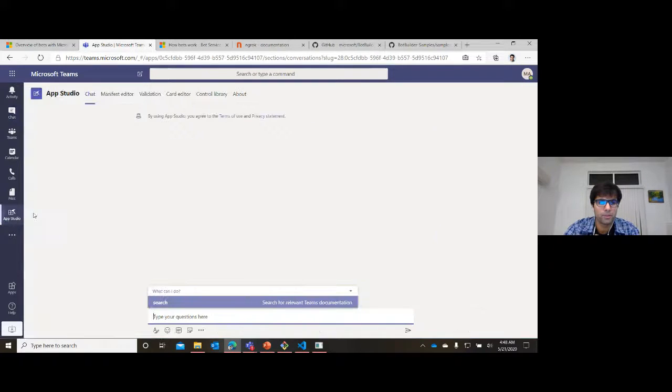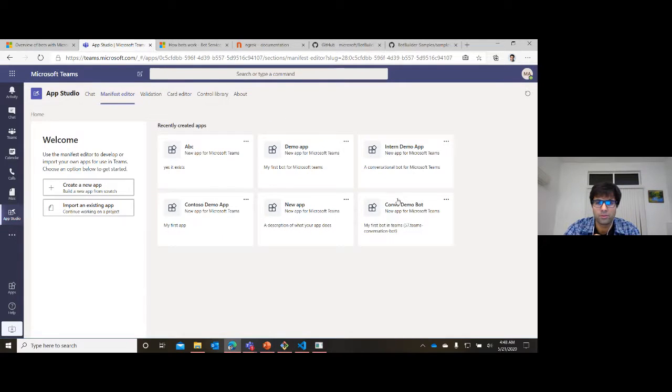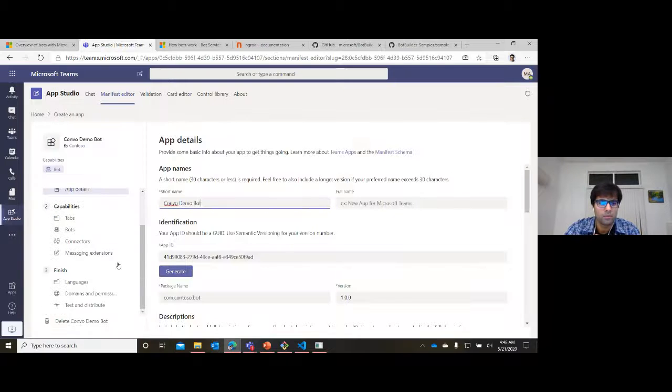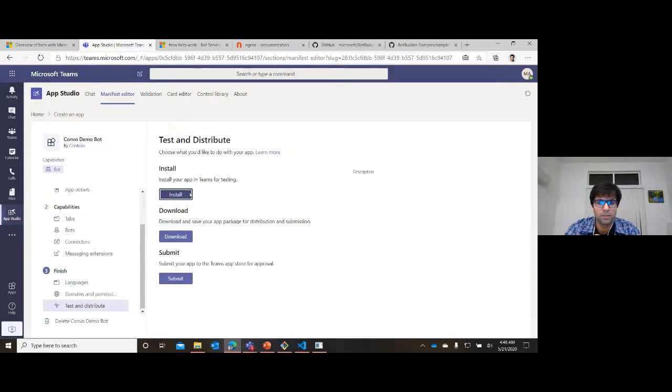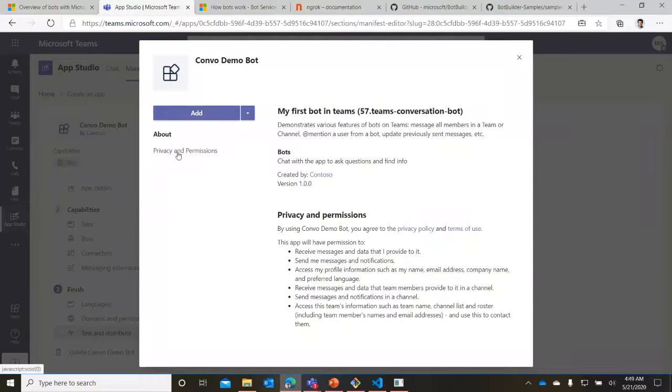That for some of you, when you went in the manifest editor, so I'm going to use this. When you clicked test and distribute, and when you used install, you might not have seen an add option over here. What you might have seen is something that's barring you from sideloading this app onto your demo tenant. In which case, what you need to do is you need to enable sideloading for the demo tenant. So we'll share the instructions for that, but a workaround that we have over here is that if you do